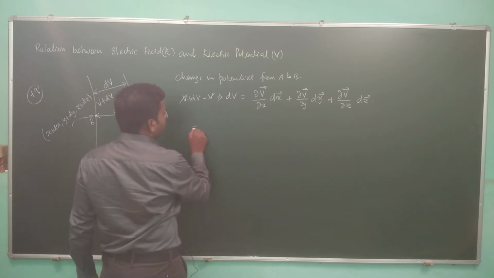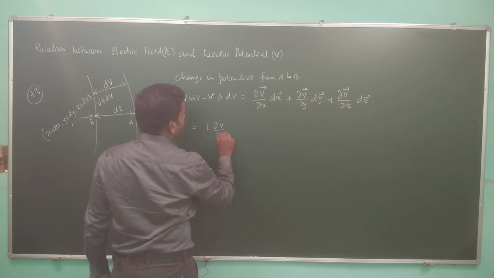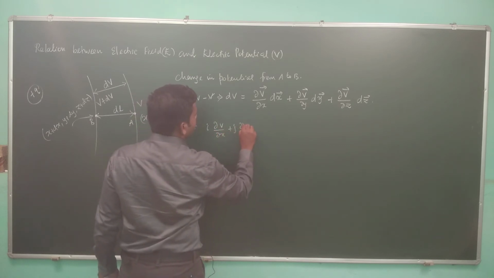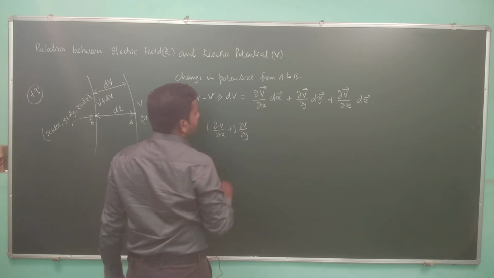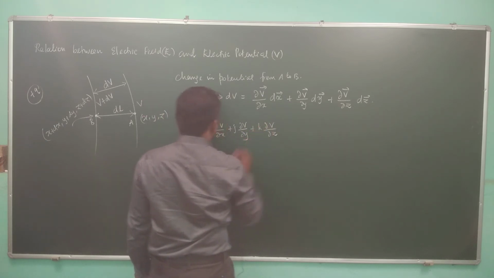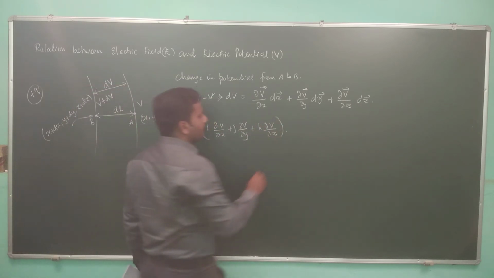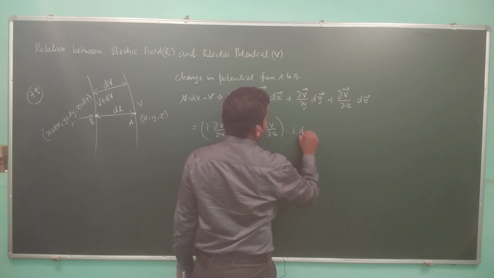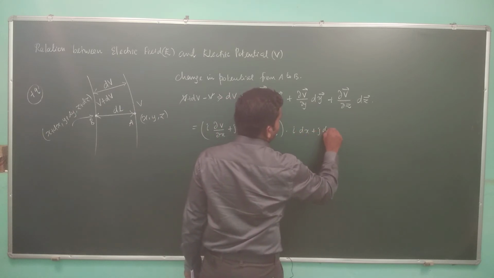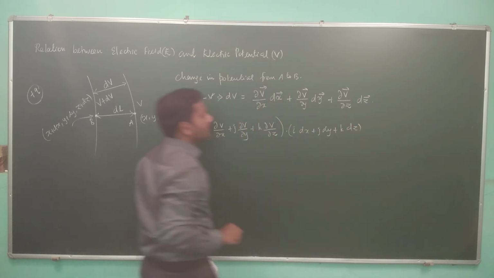This we can write like this: i dou V by dou x, j dou V by dou y, k dou V by dou z, multiplied by i dx plus j dy plus k dz,